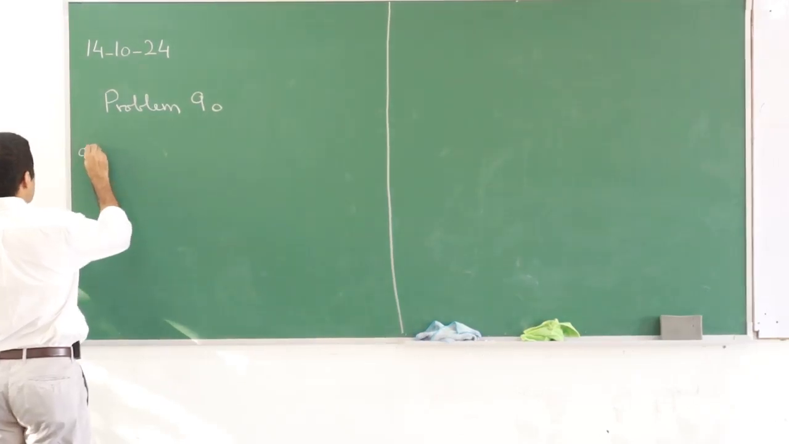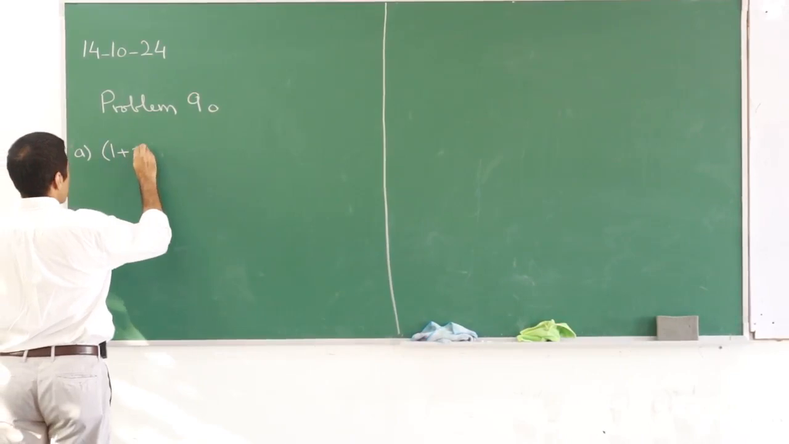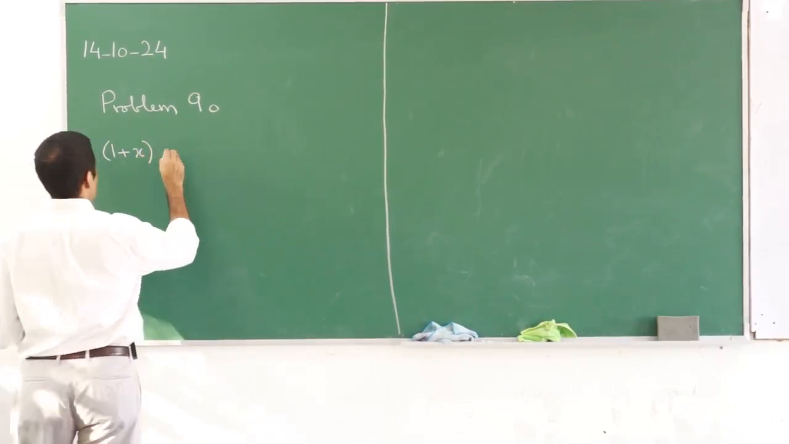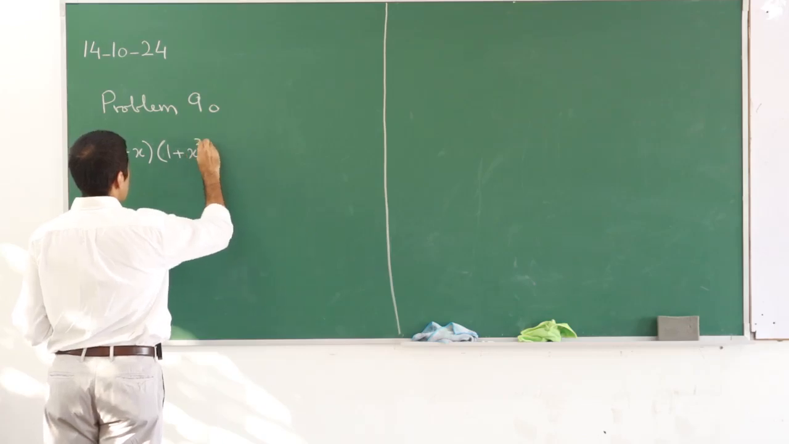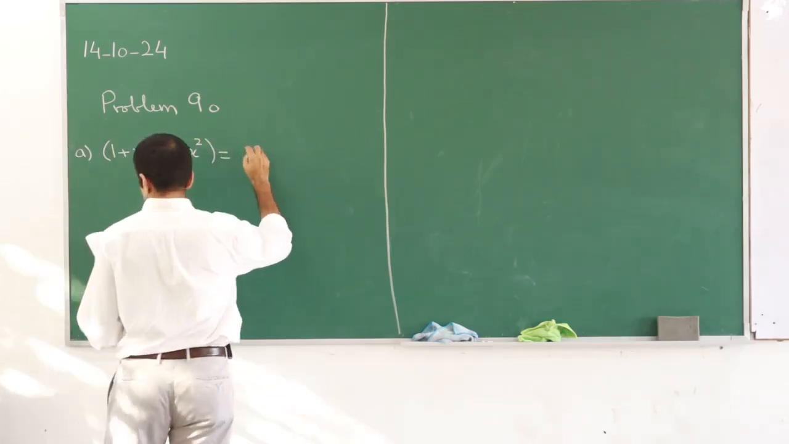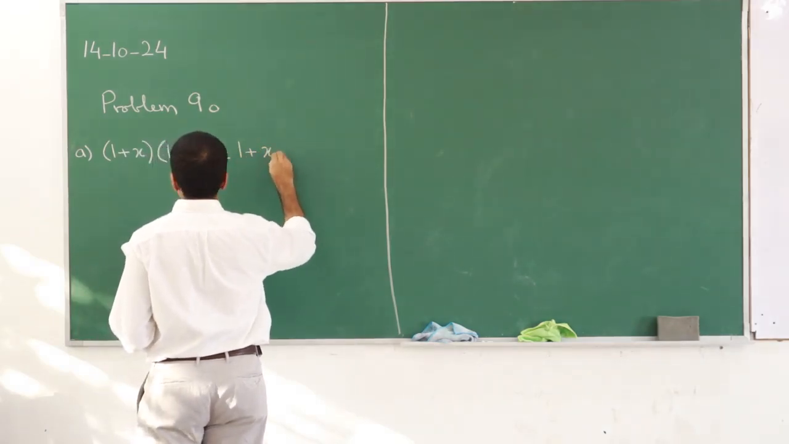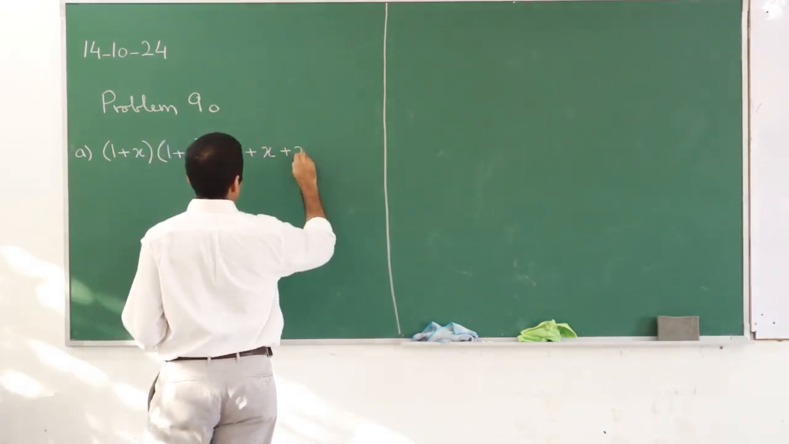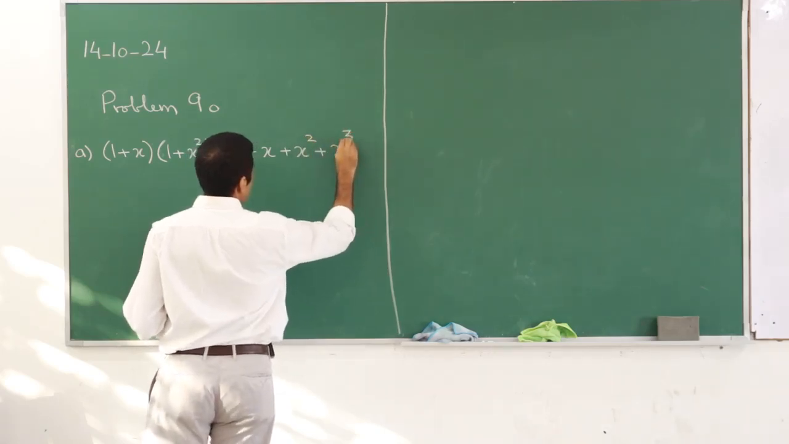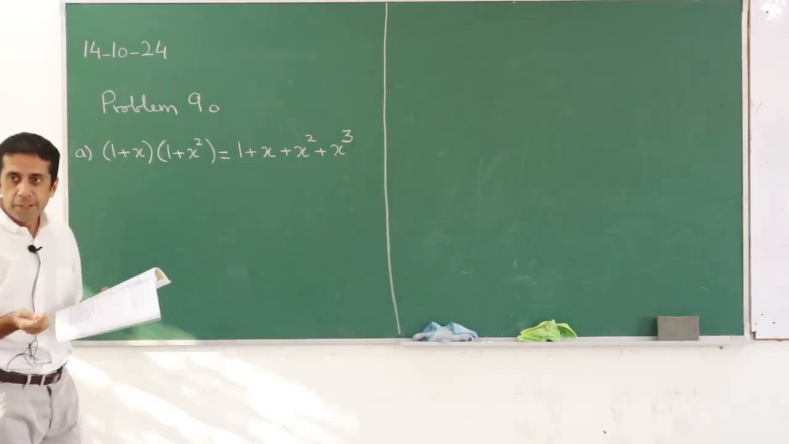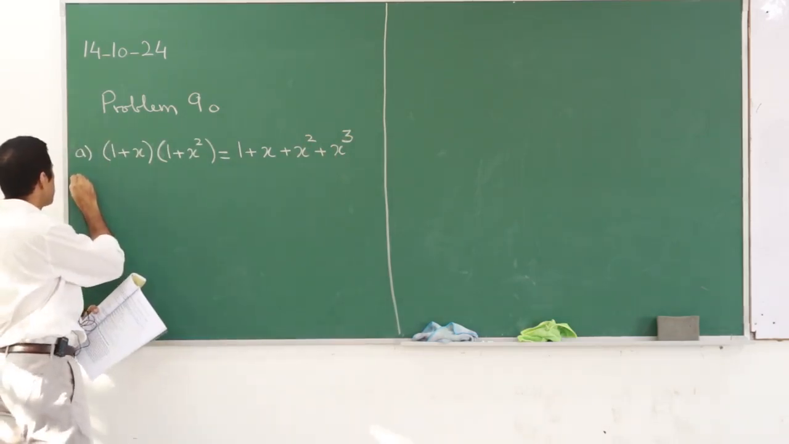Part A, I hope this was fairly easy, which was 1 plus x multiplied by 1 plus x squared, and all of you got this really nice answer, I hope, which was 1 plus x plus x squared plus x cubed, right? Okay? Everybody got this, right? Now, when you did the next part, part B,